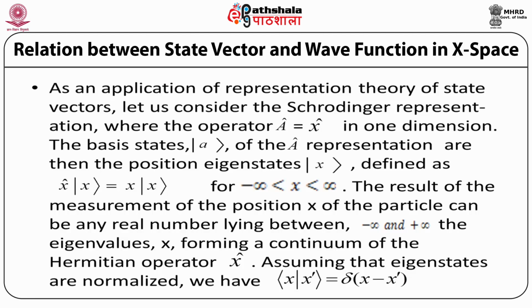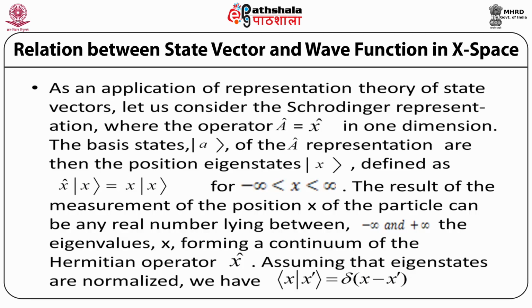Now, if the basis states are represented by the ket vector A of the operator A representation, then the position eigenstates are represented by the ket vector X, where the